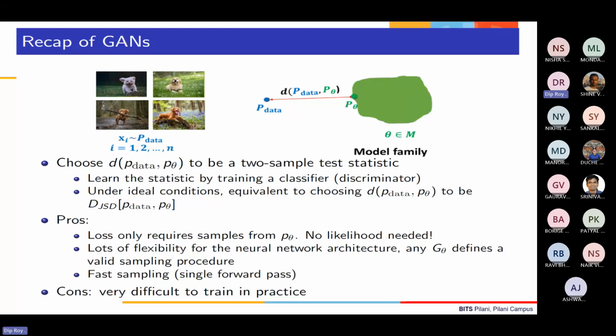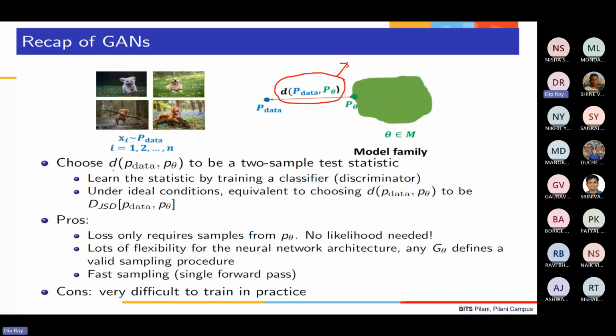GAN, right? So the way in which we went about it is that ultimately all the components remain the same. We are only going to play around with this particular component. Okay. And when we played around with this particular component, we have been using KL divergence here because maximizing the likelihood is equal to minimizing the KL divergence. But in the case of GAN also, we saw that we landed up in some form of divergence, which was the Jensen-Shannon divergence, right? So just a quick recap.